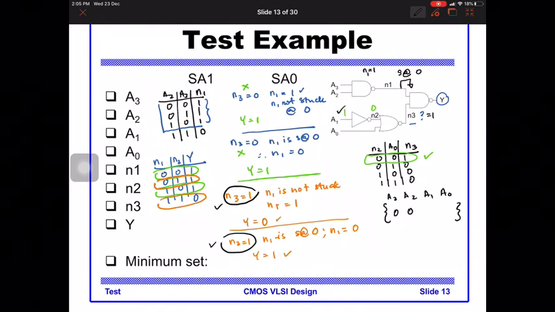A1 has to be 1 here, and A0 has to be 0. Okay, this is the first test vector. You can also use the second test vector here, in which A3 is 1, A2 is 0, and A1 and A0 are still the same. This is the second test vector. And the test vector is A3 equals to 0, A2 equals to 1, A1 equals to 1, and this. Okay, so this is your test